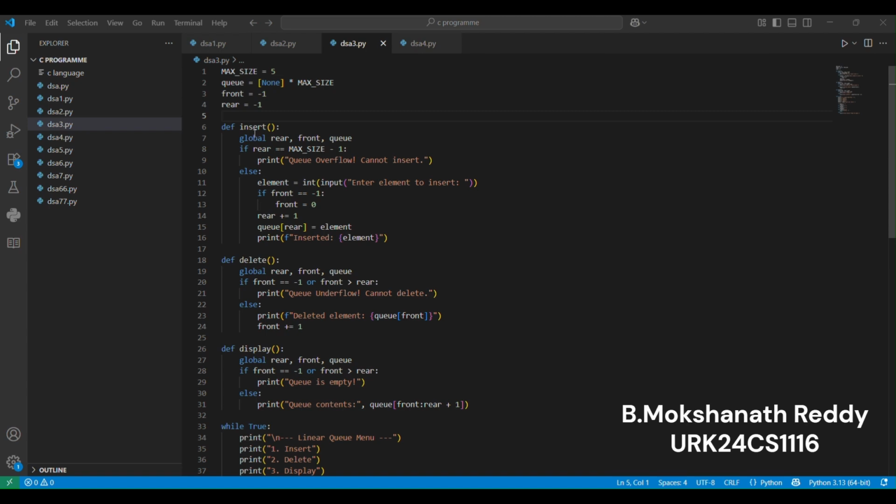We have to define the insert operation. First, this function adds an element at the rear end of the queue. If rear is equal to max size - 1, it prints queue overflow. You cannot insert. Else,